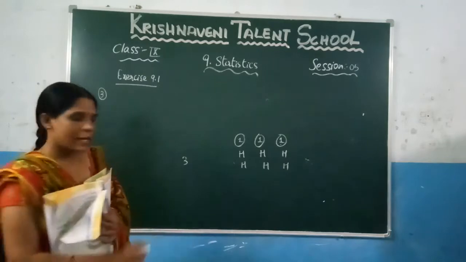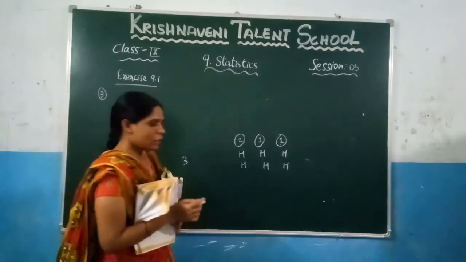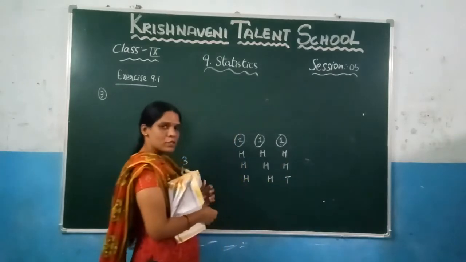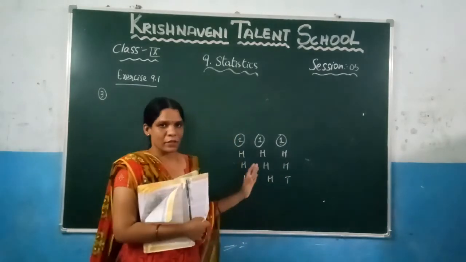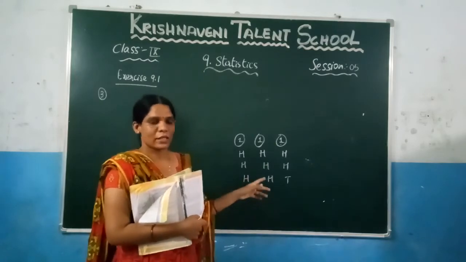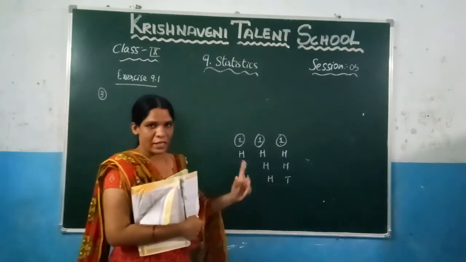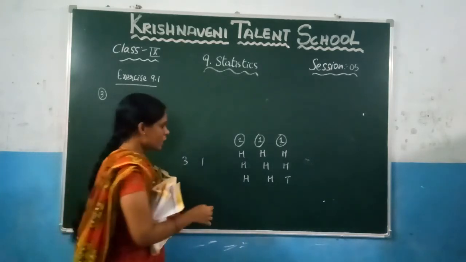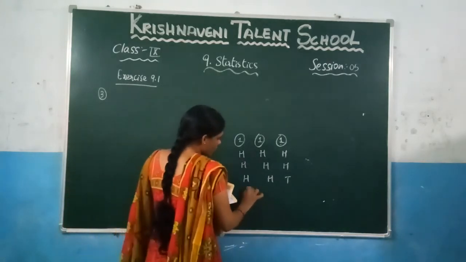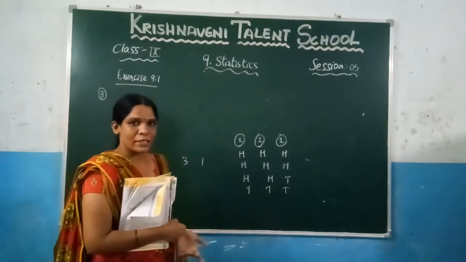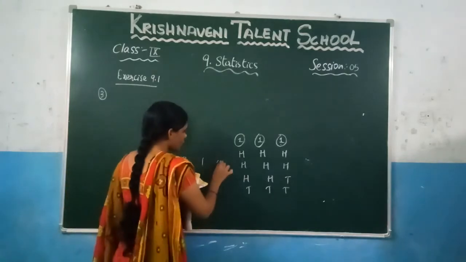Suppose again I have tossed the coin again, so that I got here head, head, tail. If only this data is given and I ask how many times I am getting the head, you can observe that only one time, right? This is the one. And after that, if you consider the next one, suppose you are getting all the coins as tails. So what is the number of heads here, which is 0, right?